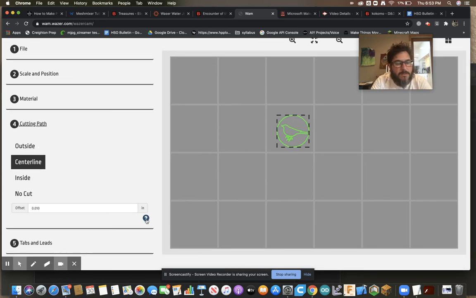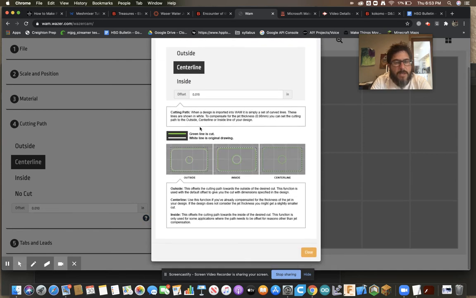Right here, this always gets a little confusing for me, but the offset is built in. The offset is a set of curved lines. These compensate for when you cut, the cut is thick, right? It's not like it doesn't lose material when you cut it. It's usually called a kerf, right? So if I cut something with a saw blade, the saw blade's 1/8 of an inch thick, and I want to make something 1/2 inch long, I need to cut outside of the 1/2 inch, or else it'll be less